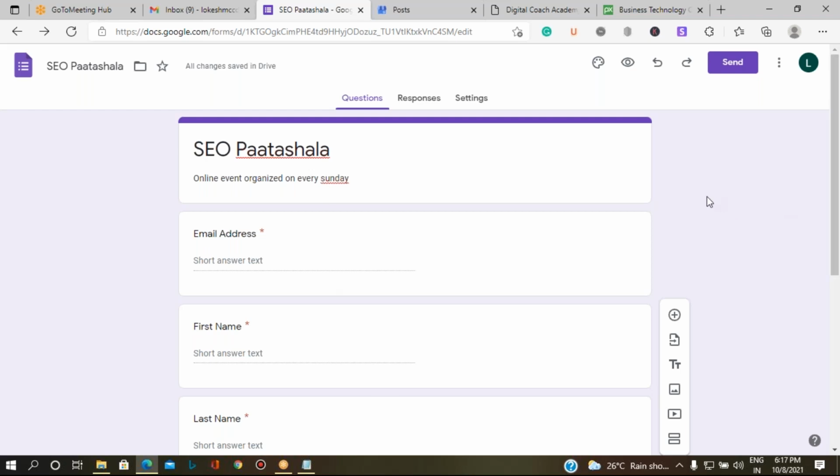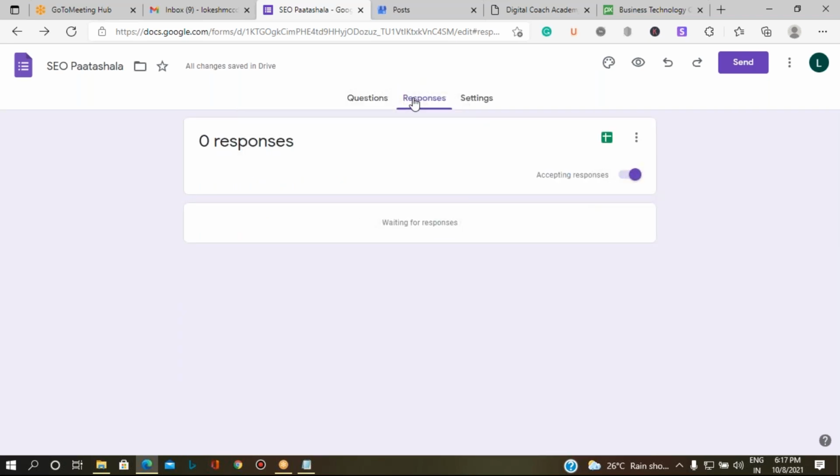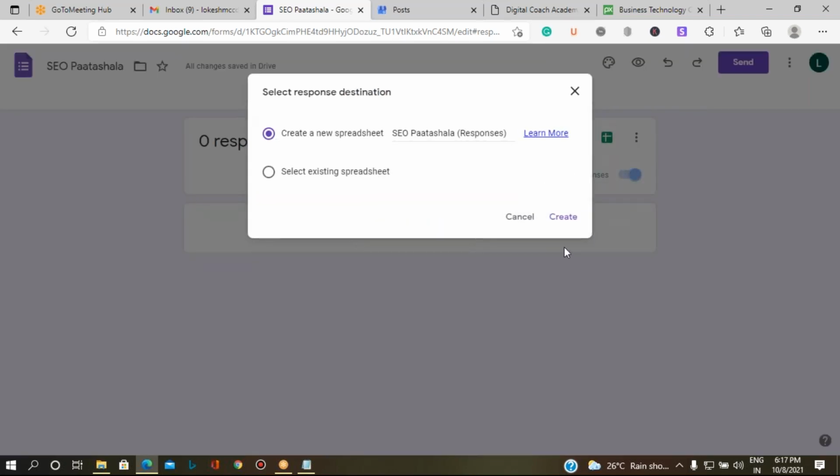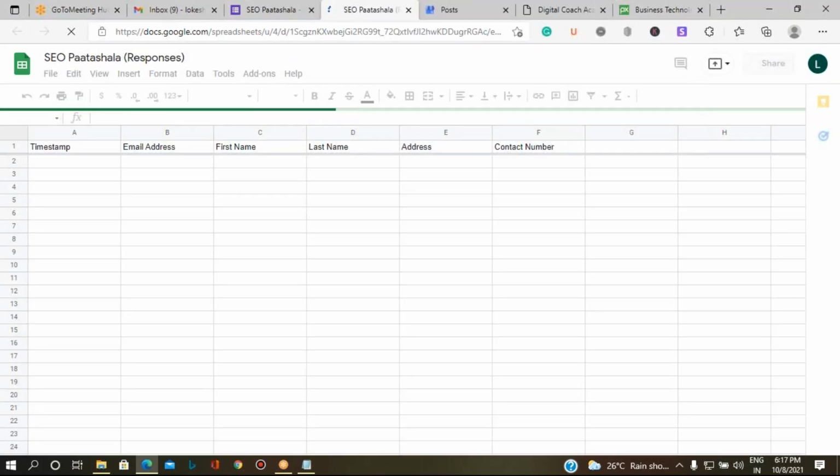Okay, good. So once after creating the Google Form, you have to create one tracking report for it. So go to the responses and you have an option called create a spreadsheet. Click on this and create a new spreadsheet, in which it is going to save all the information that has been entered.